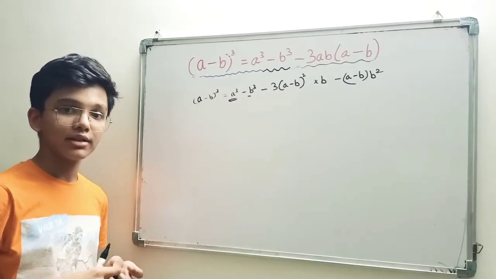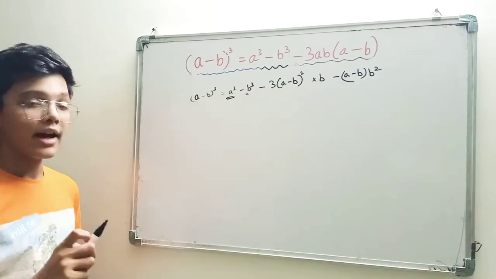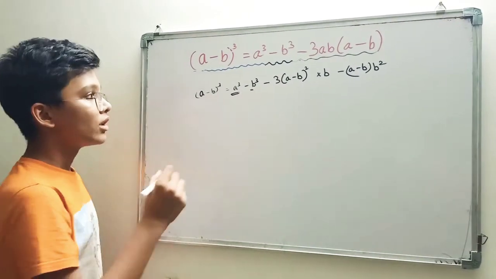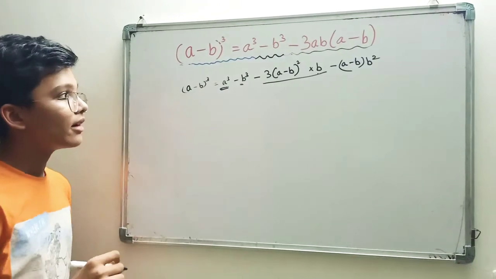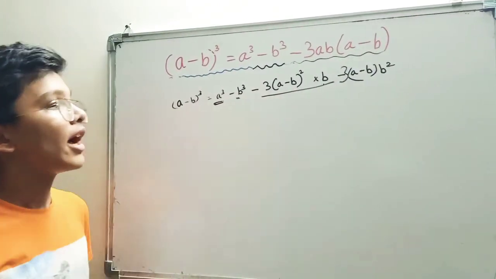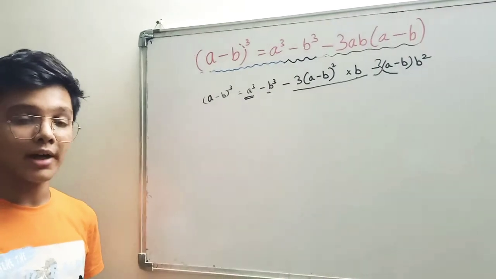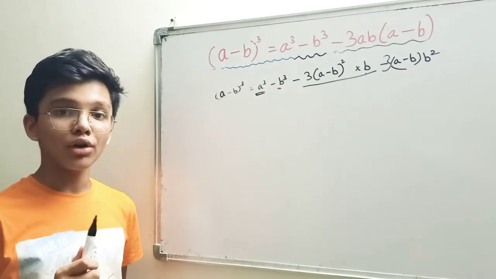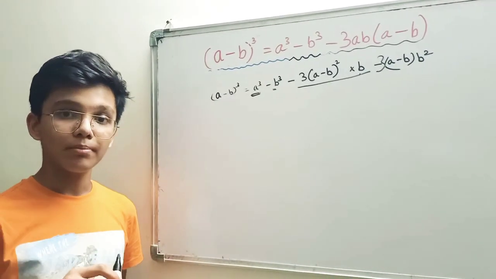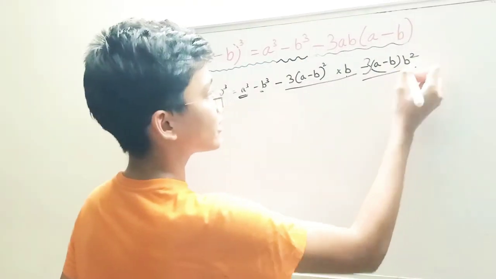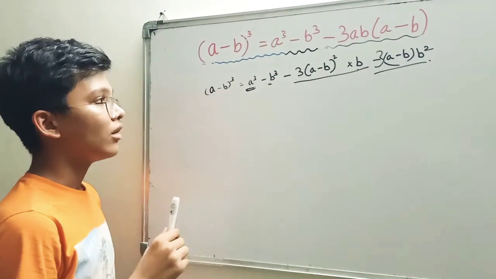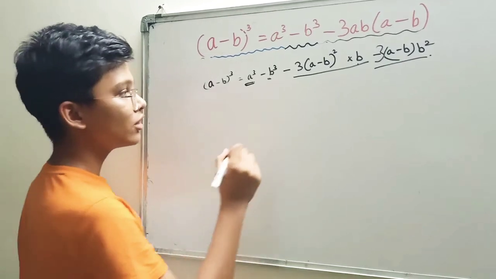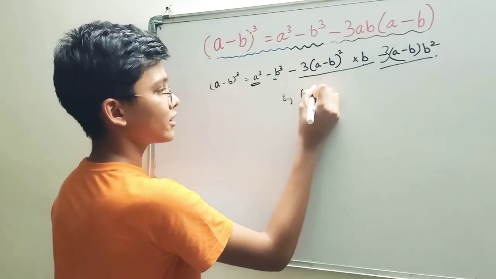So three subparts we got which were similar, and their volume was a minus b the whole square into b. So here it is, and then here it will come. And then there were three more similar parts, one over here and two over here, which we got by simplifying, whose volume was a minus b into b squared. So that is over here. Now you can see here that we can simplify this further by factorization.